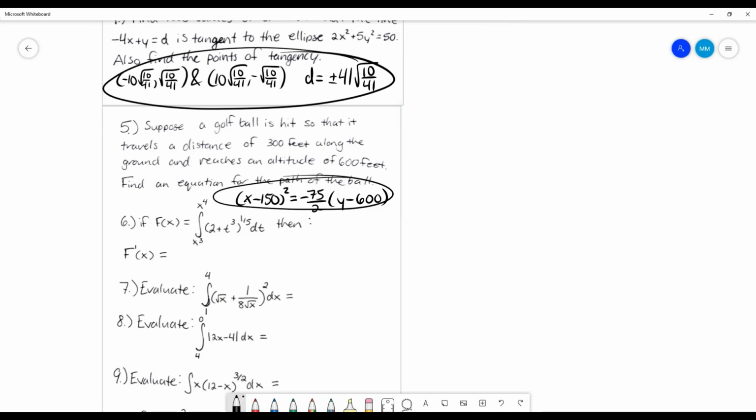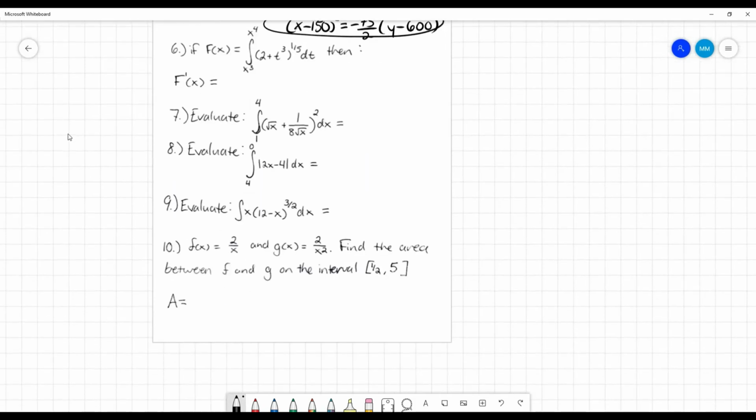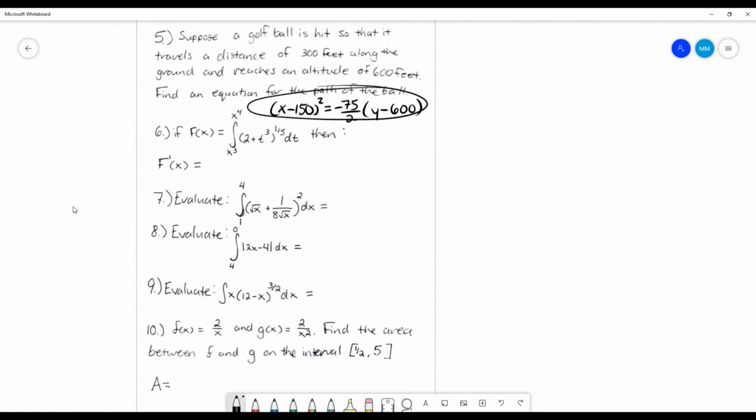Then I believe the rest of the questions for this homework are just integrals. So it's just integration. This first one is using that fundamental theorem of calculus. So if f of x equals this function, or this integral in particular, then the derivative of f of x is what? Well, remember that using that fundamental theorem of calculus, it's going to be, or I guess I could rewrite that. So the derivative of an integral with